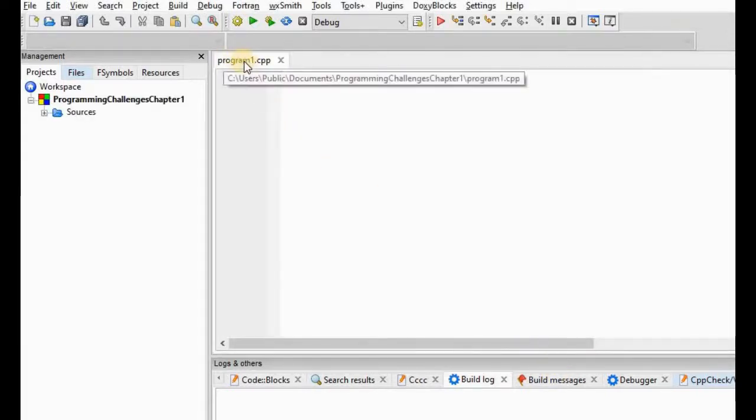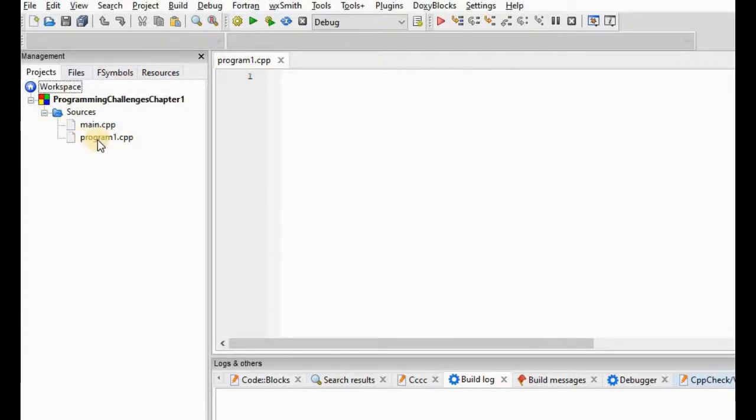So if you can see, here is your program 1 that you have created. And if you extend the sources, here is the program that you have created. And the second way is to use, this is the main toolbar,